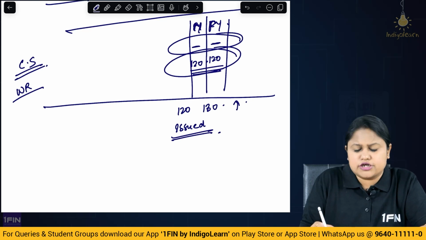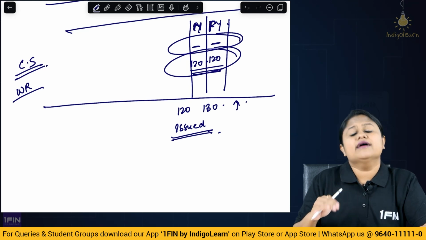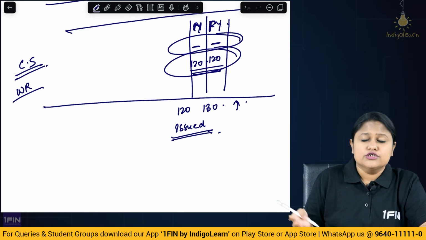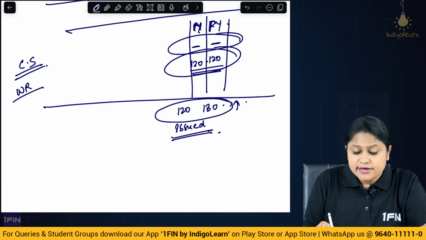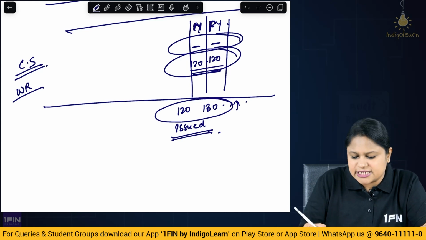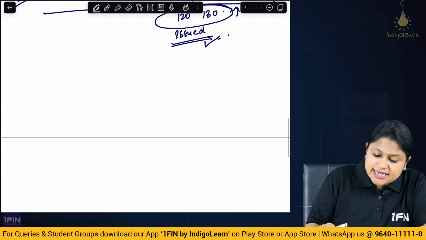Okay. See, obviously this cannot be so easily understood because there is a reconciliation. There could be an opening balance, there could be issued capital, there could be redemption. So taking into account all that, you need to understand and evaluate what has happened here. I'm just giving you a simple understanding: if there has been an increase, the understanding would be that capital has been issued. Now when there has been an issue,